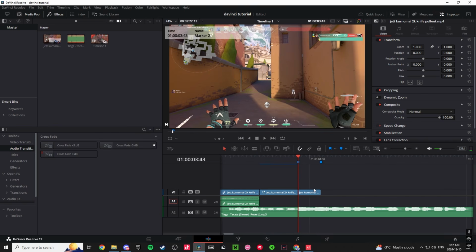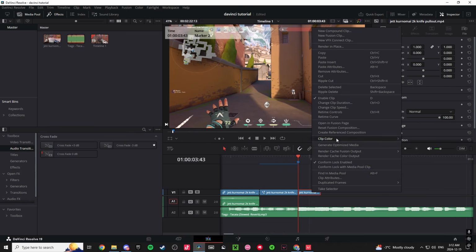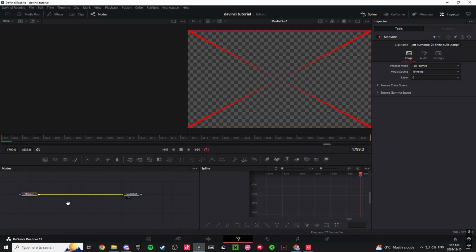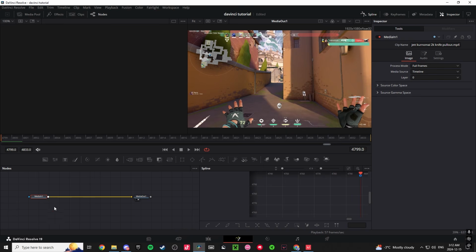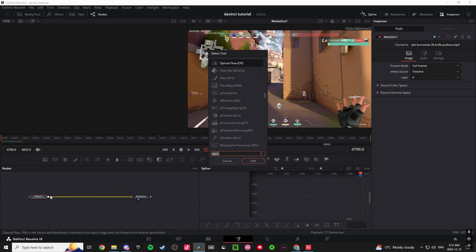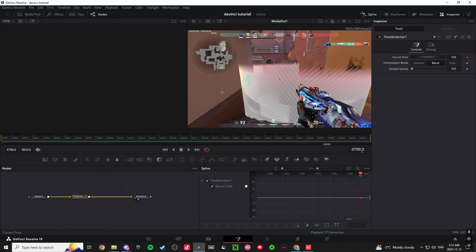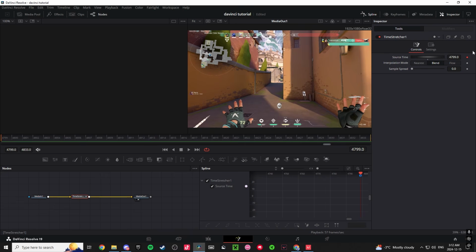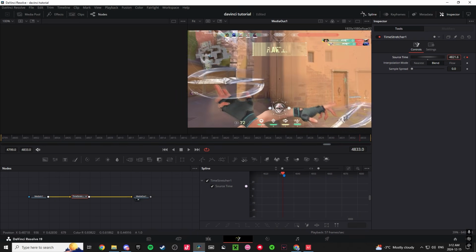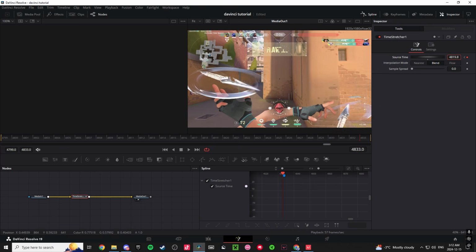And now what you want to do is the velocity for after the kill. You just right click again, open in Fusion, and you're basically doing the exact same thing. You want to go to your first frame, type in time stretcher, and then copy this value into source time and the first frame, keyframe it. So make sure this orange thing is on. Go to the end, click it again, and then drag it to wherever you want your clip to finish. So I'd say around